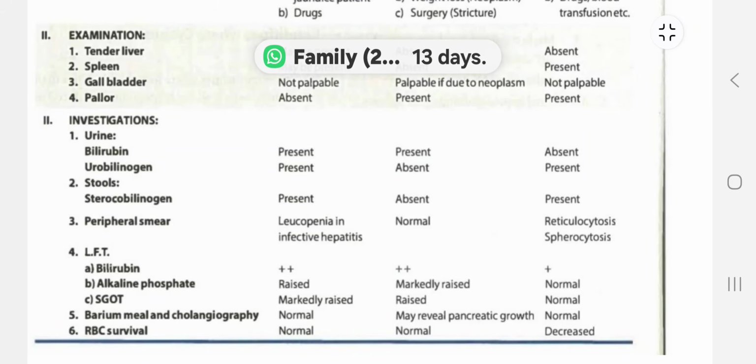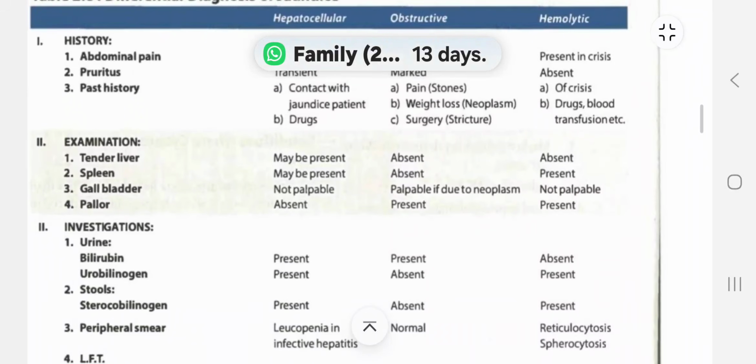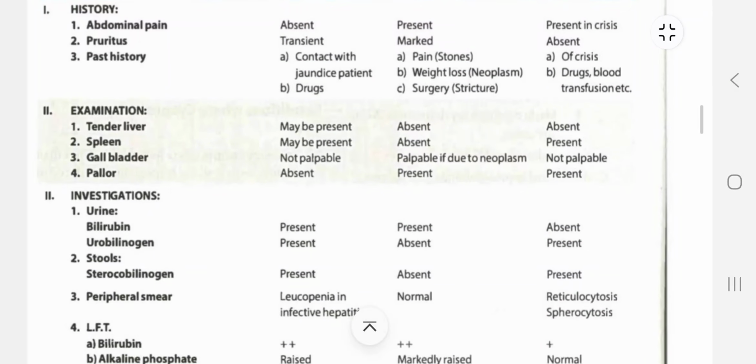To understand it further, in obstructive jaundice there is an increase in conjugated bilirubin, right? There is obstruction in the pathway to the intestine, at the level of the bile duct, cystic duct, or something like that. So conjugated bilirubin will escape from the hepatocytes and reach the urine, so urine bilirubin level will be more. Since the conjugated bilirubin is not able to reach the ileum or where the colonic bacteria act, the stercobilinogen and urobilinogen